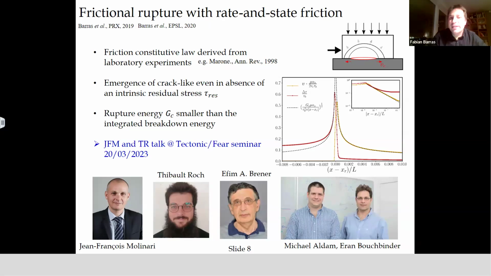And what is interesting is that in rate and state friction, you don't have an intrinsic residual stress inside the friction law. It's something that emerges from the interplay between the solid elastodynamics and the rate and state friction at the interface. But even in the absence of this well-defined residual stress, we see the emergence of crack-like dynamics. And here I will show you again the same type of plot that I've shown you before for a classical fracture simulation. It's hard to see any difference because it's quantitatively very similar to the propagation of